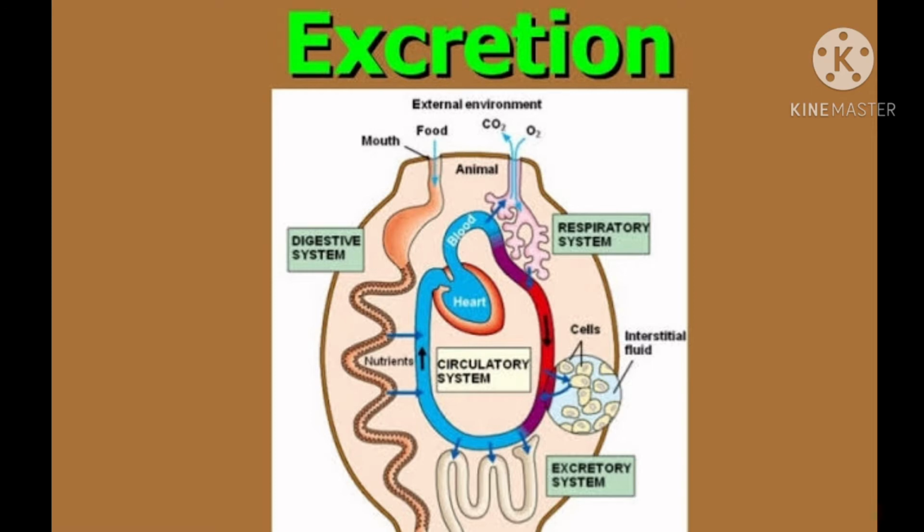So, you all know that as a result of metabolic activities, meaning all the activities of the body, many useful as well as waste products are formed in the body. The waste products are toxic for the body, and if they remain for a longer period, it will be harmful. So, it is necessary to remove them from the body, and the removal of those waste products is called the excretion process. Once again I am repeating, the removal of waste products from the body is called excretion. So let us study this in detail.